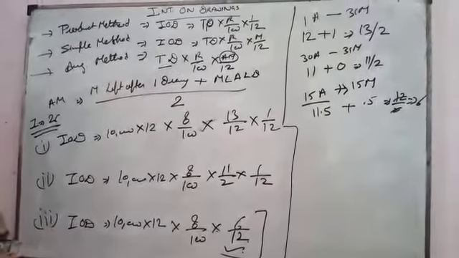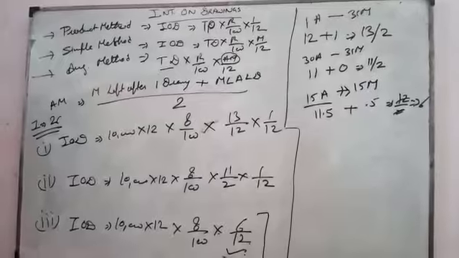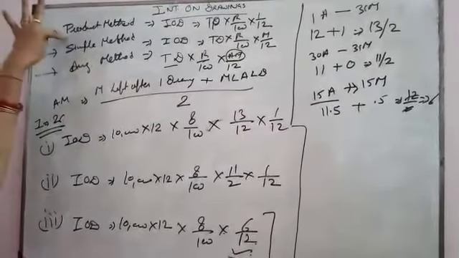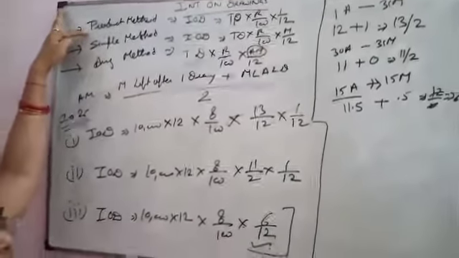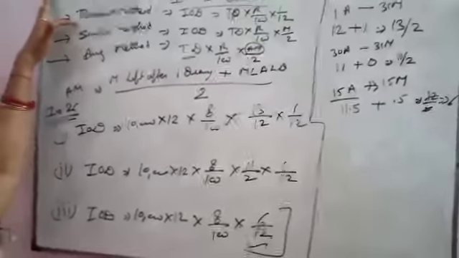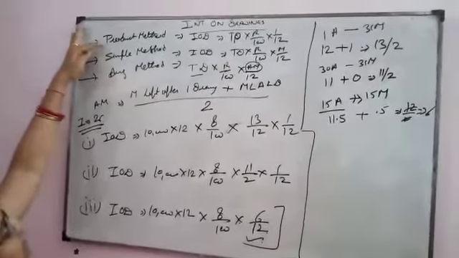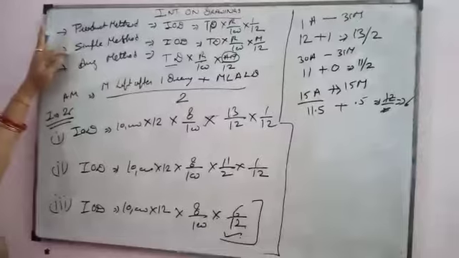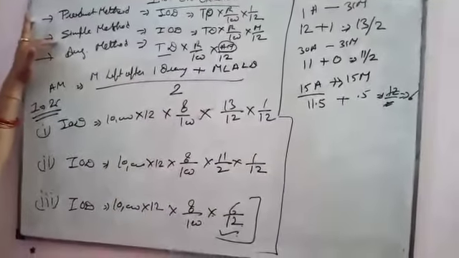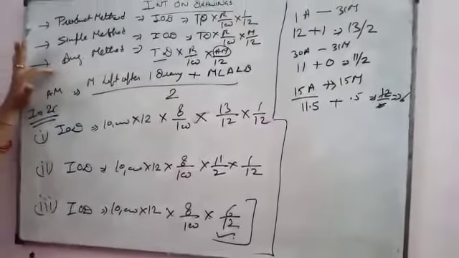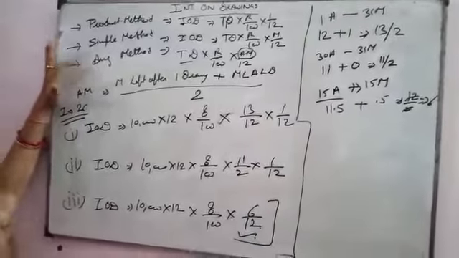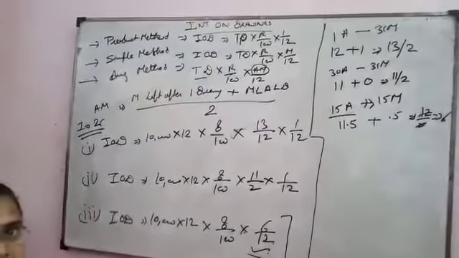If it is not mentioned in the question which method to use, then we have to check. If there is a bifurcation in months, meaning one drawing is on the first, one on the 30th, one at the end, then we use the product method. When nothing is mentioned and only months are given, then we use the simple method. If it is given first, last, or middle, then we will use the average method. Thank you so much.